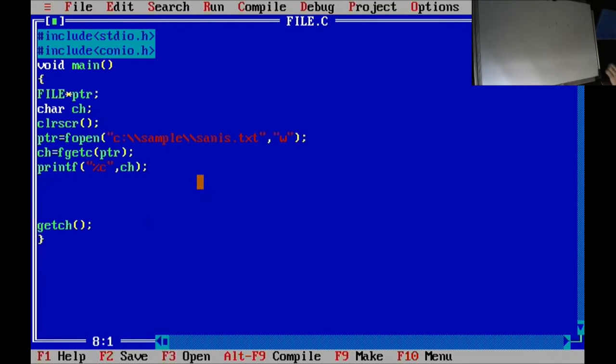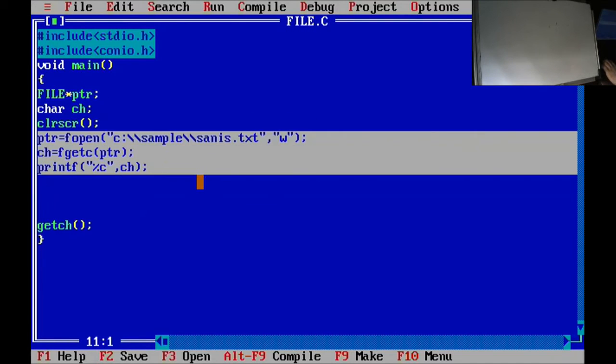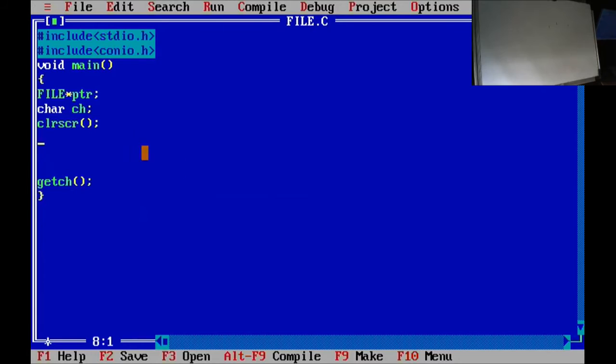Now here, what I'll do is, let me delete this. Again, the first step will be the same. Create a pointer to file, then using that pointer variable, use fopen. Using fopen, just give that path, C drive, sample directory,